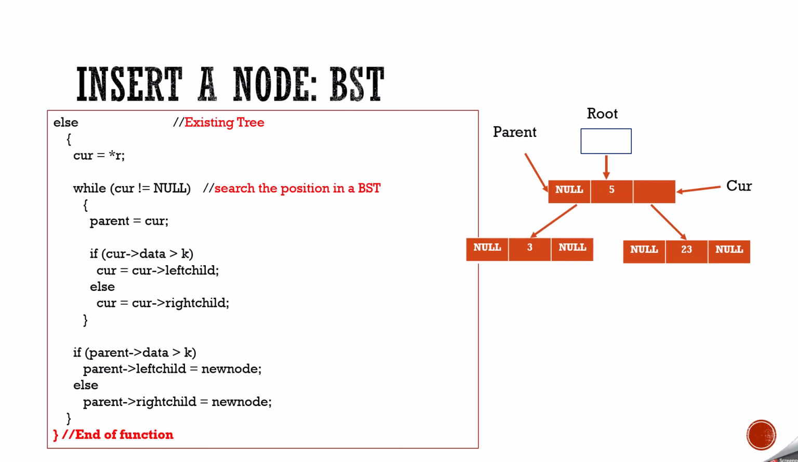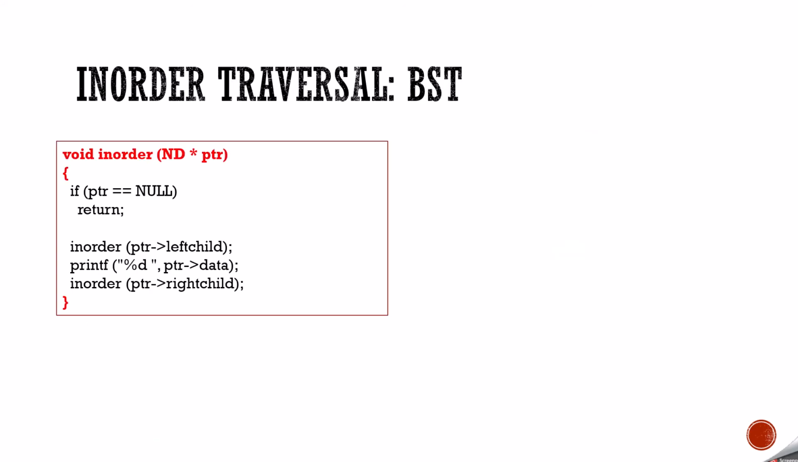Again it will check with 3. If it is greater than 3, it will go to the right side of 3. If it is less than 3, then it will go to the left-hand side of 3. So this way, if you continue, you can insert as many elements as you like to create a binary search tree. Now let's see how to do